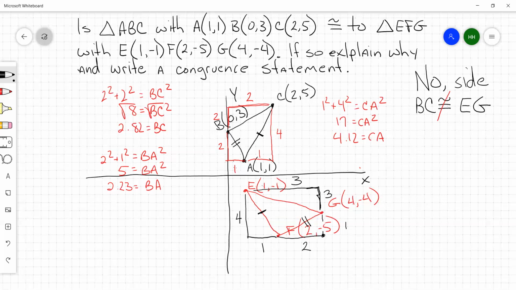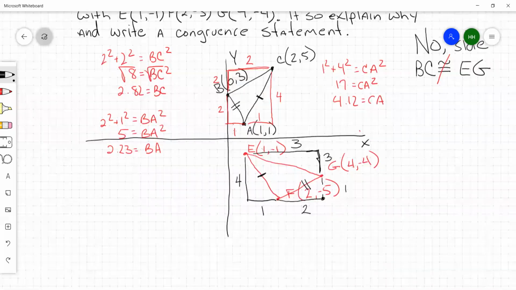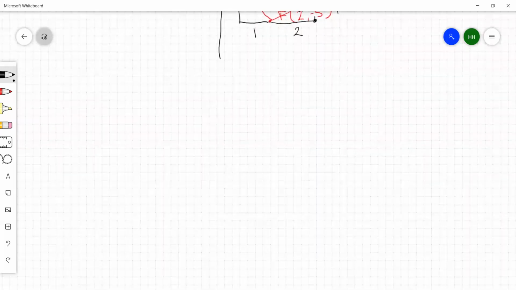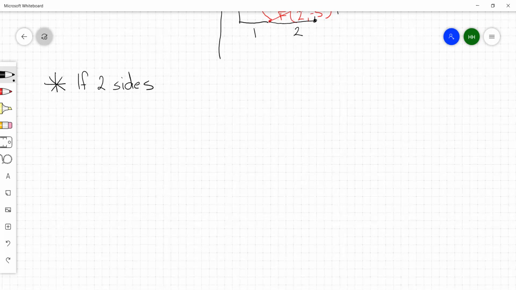Okay, the second theorem that we need to cover: side angle side congruence. This is real important here. And side angle side congruence states that if 2 sides of one triangle, check that, if 2 sides and the included angle